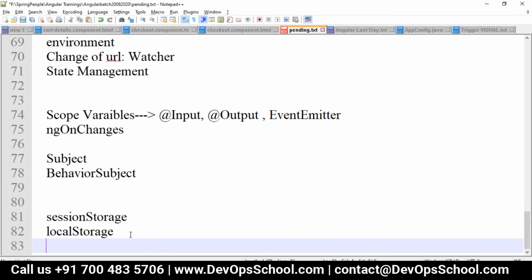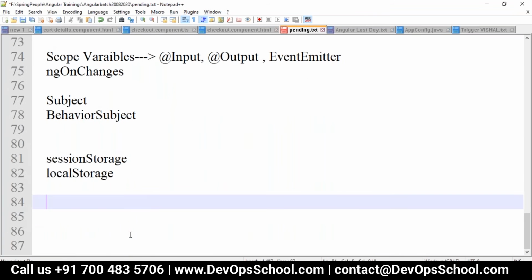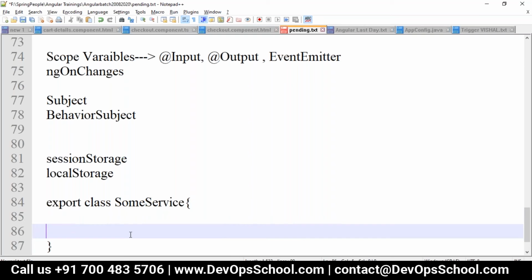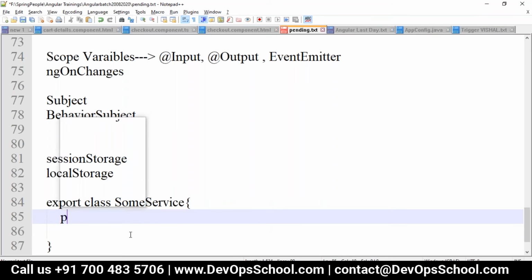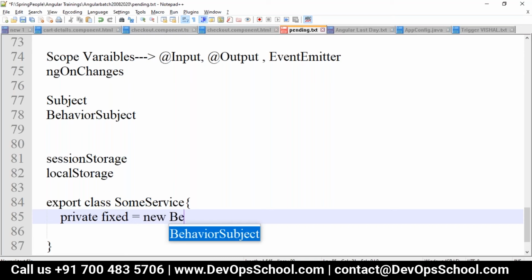Just to give it here, if you have some class, let me just take export class, some service will be there. We have to create one private variable, which I'm calling fixed, which is a new behavior subject.